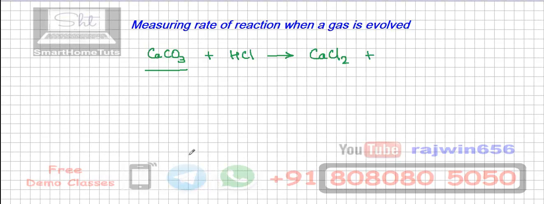that is calcium chloride. The gas that is formed is carbon dioxide, that is CO2, plus water is produced, whose formula is H2O. Can you tell me what will be the balancing of this equation, how we can do it? For CO3, it's 3, so on that side you'll have to add 1 more. And for Cl, it's 2 here, so you'll have to add 2 HCl. Okay, we don't say add, we say multiply.